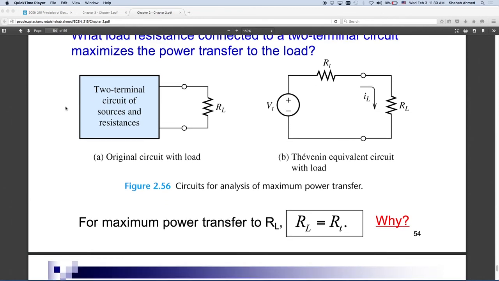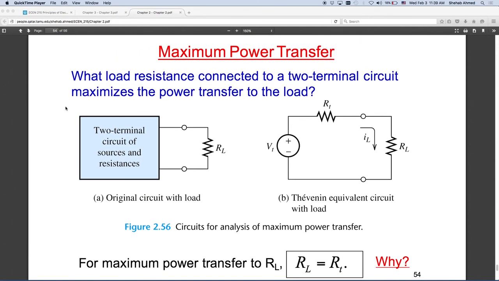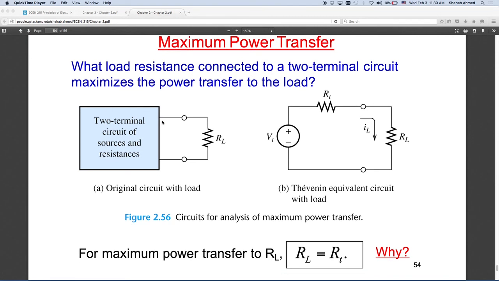And then the last thing: if you've come up with the Thevenin equivalent circuit for the system, voltage source and resistor in series, and your objective is that you have a load and you want to maximize power transfer to the load. You have a heating system that is remote, and you don't care about the efficiency. Efficiency is different than maximizing power. If I want to deliver maximum power to this load,